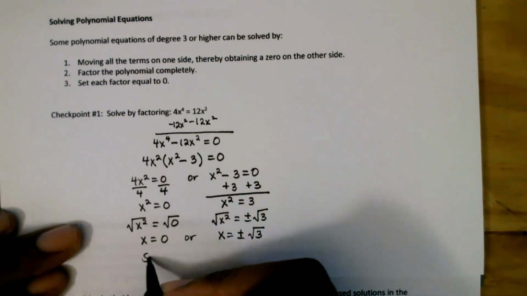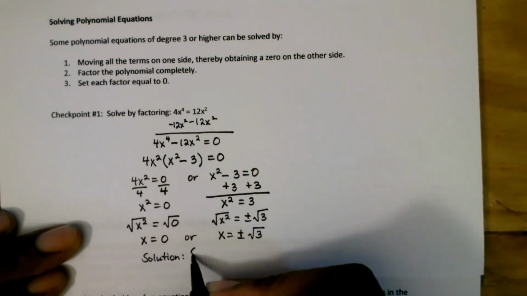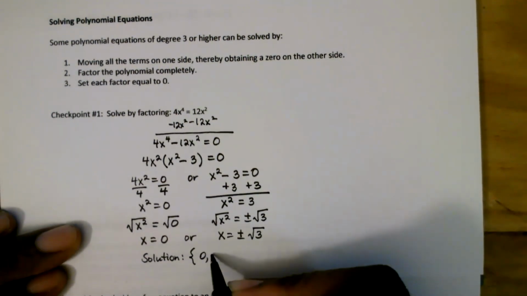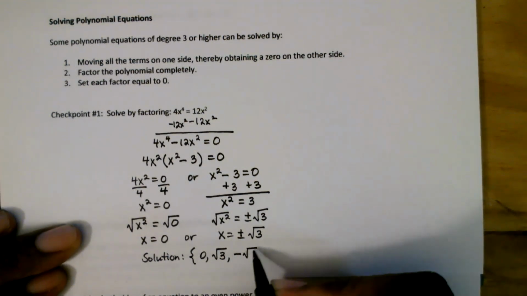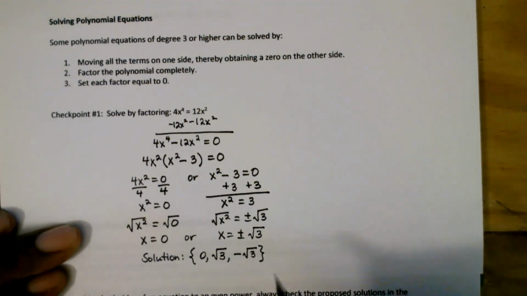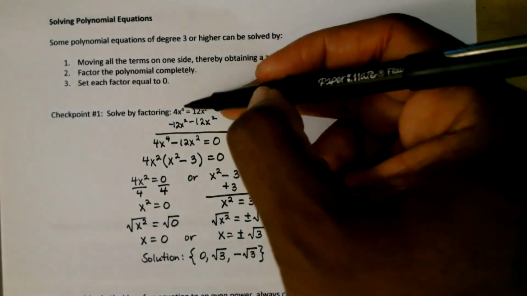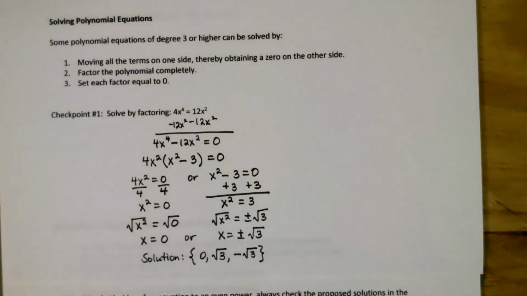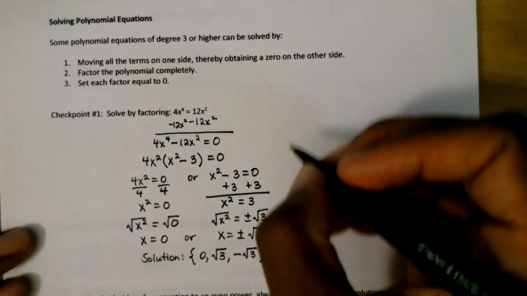Okay. So my solution will be these x values. X equals 0, x equal to the square root of 3, and x equal negative square root of 3. But if you notice here, the highest exponent is a 4. That would mean I will have to have 4 solutions for this equation. I only got 3. Well, if you look at x squared is equal to 0,